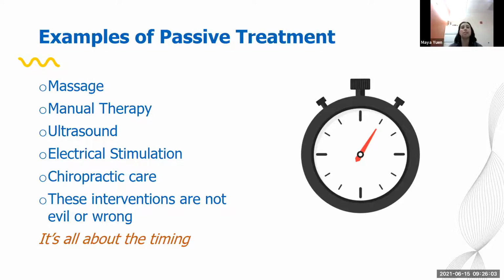So if you think back to the early slide that I showed, when we have that normal kind of tissue-based pain, that's when these modalities are likely to be more effective. That's when we really should be using them. But once we identify that patients' pain level is persisting beyond normal tissue healing, we really need to start looking at more effective methods. And there's growing evidence that these passive interventions are not so effective for pain that's not associated with tissues.